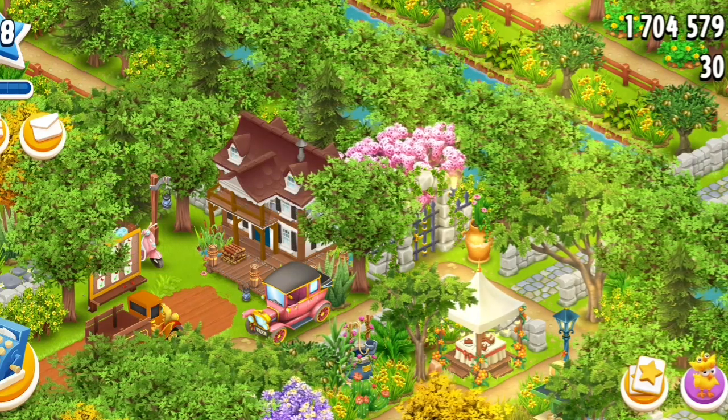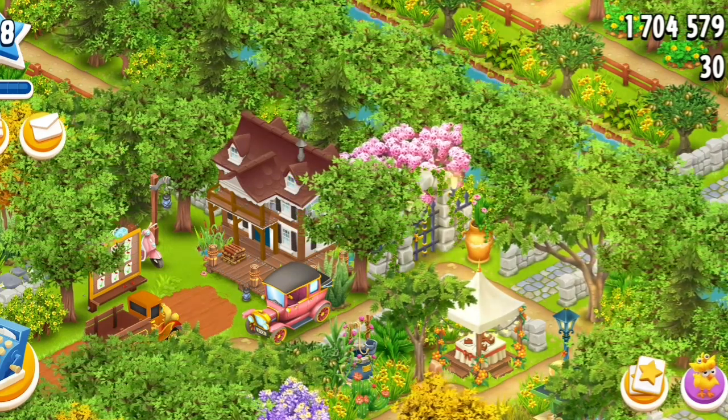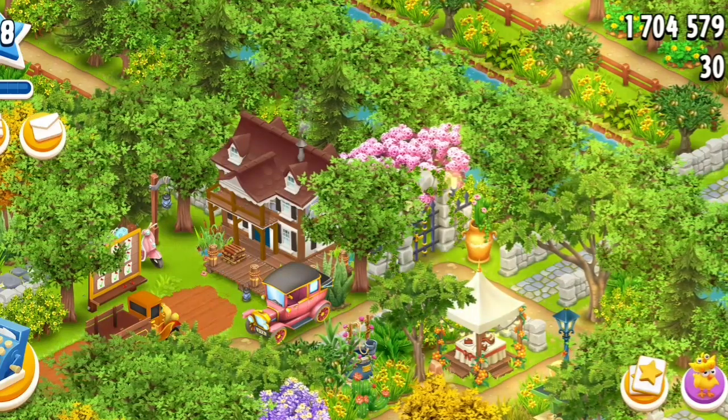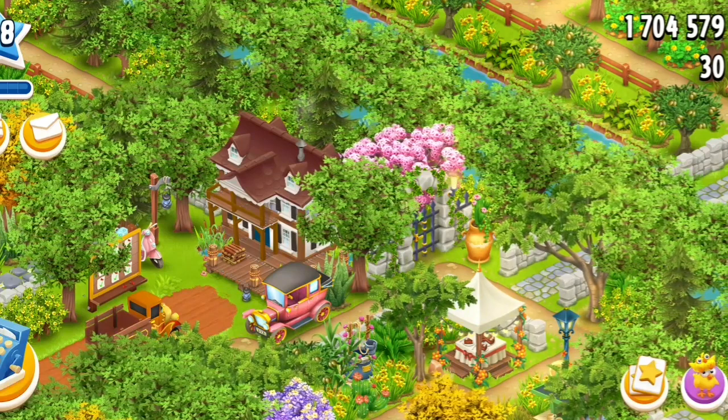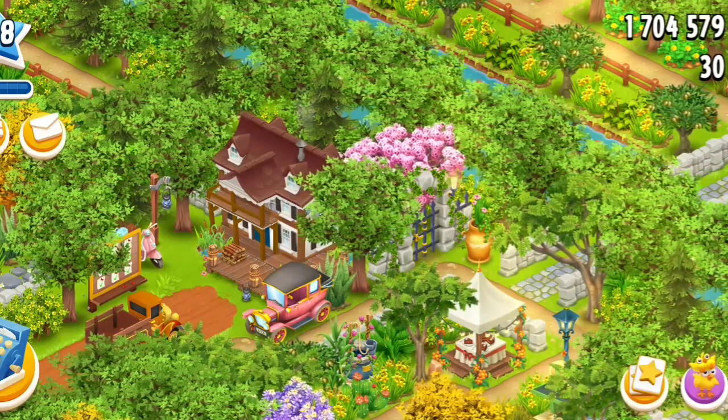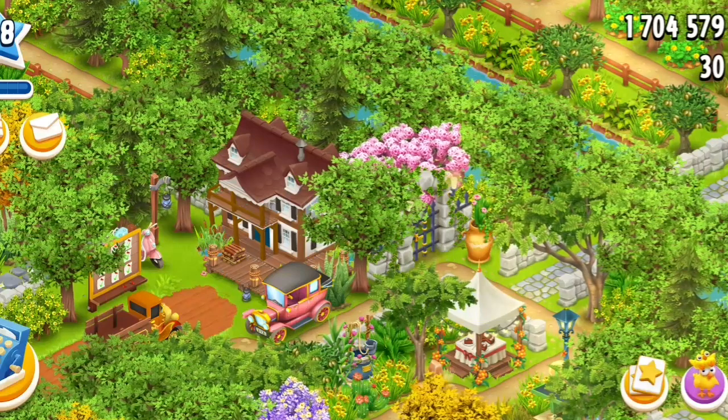There's a few people who said to me, why have you got so many trees? Well, I'll run through everything as I go, as to why I've used lots of trees. I'll explain it as we go. So